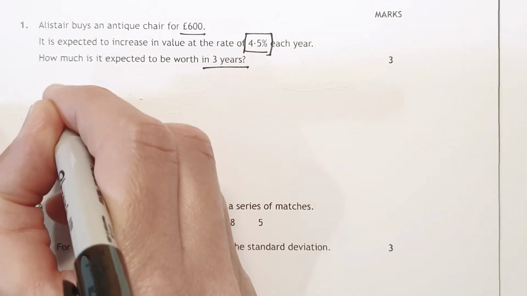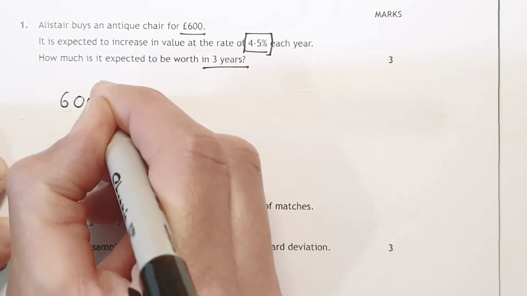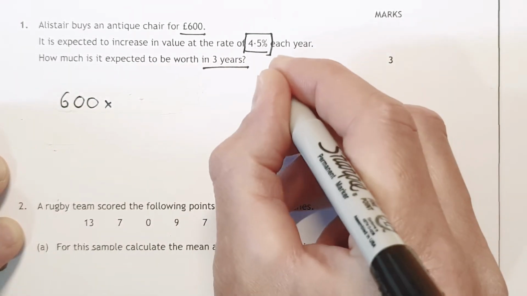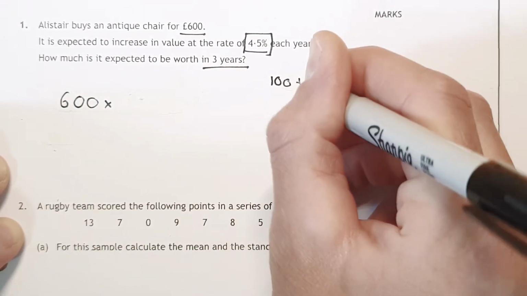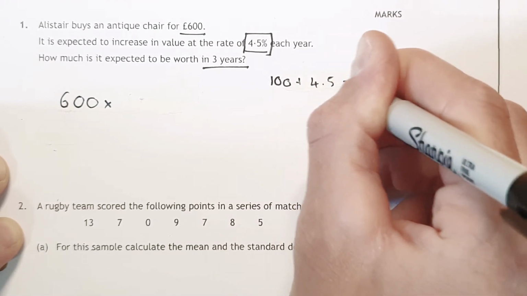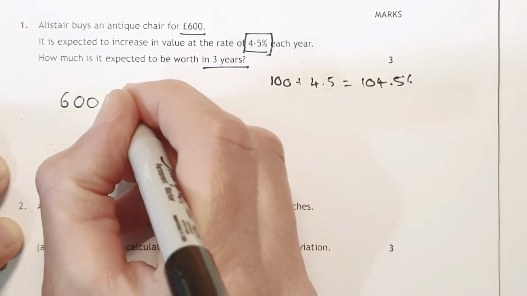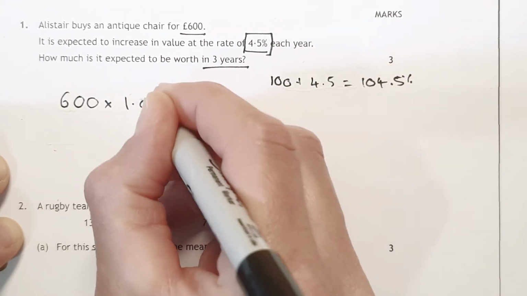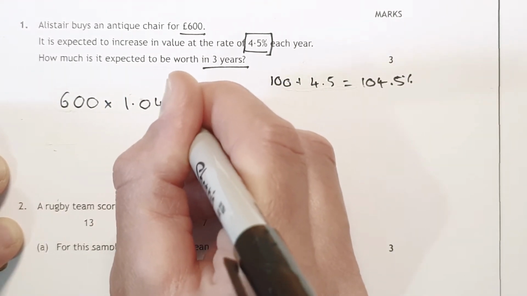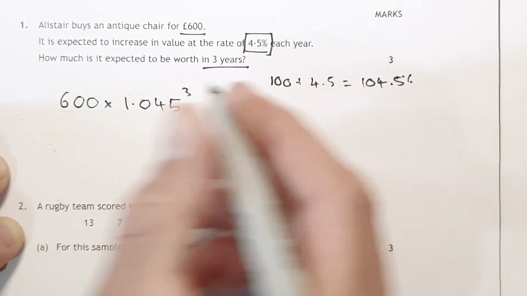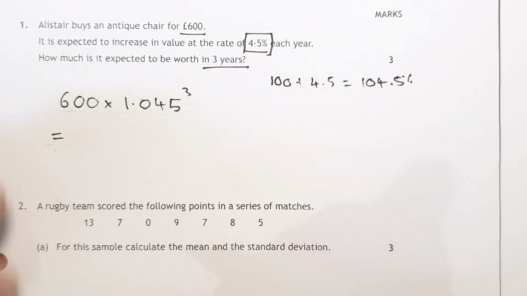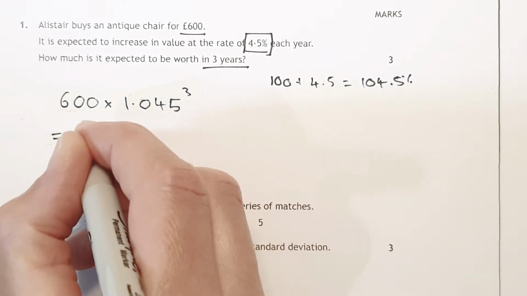So it's going to be 600 multiplied by, now 100 plus 4.5%, so 100 plus 4.5 is 104.5%. So we can divide that by 100 so we can get a decimal we can actually work with here. So it's multiplying by 1.045. It's over 3 years, so we're going to do that to the power of 3. So if you multiply these things together, you get